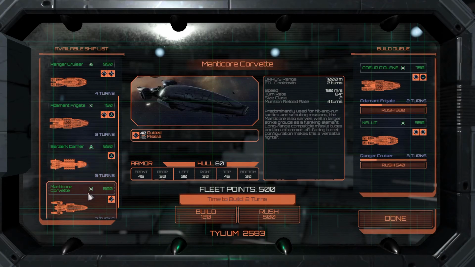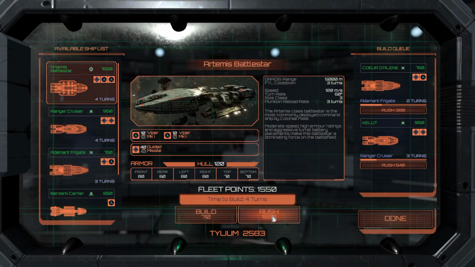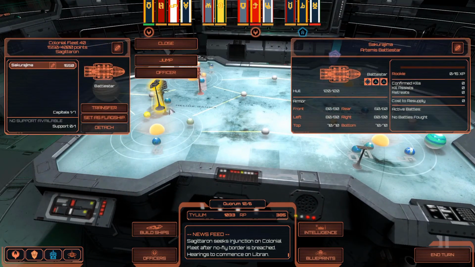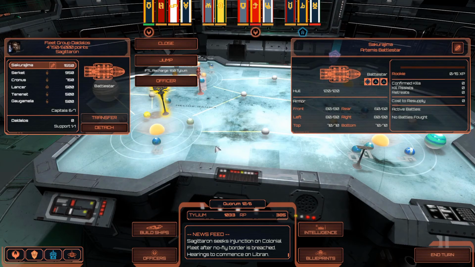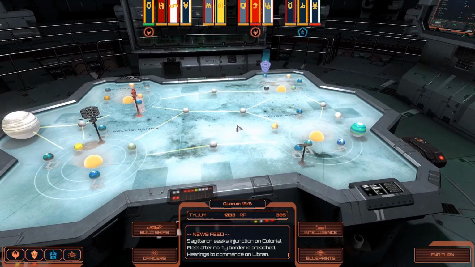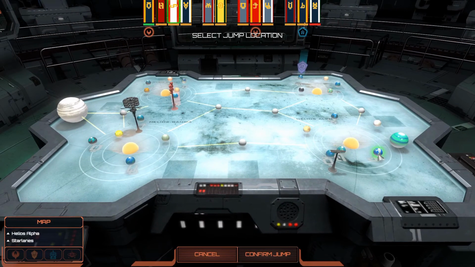How's it called? I forgot the name. It has some Vipers. So we're going to rush 1 Artemis, and that's pretty much it. Since we can only build 2 ships at the same time, we don't have to throw in anything else. But that means we're going to take this Artemis and transfer it to Fleet Group Daedalus. Even now, it is still under 5,000 points, which is interesting. Speaking of under 5,000 points, we can take this fleet group and send it to one of the other...